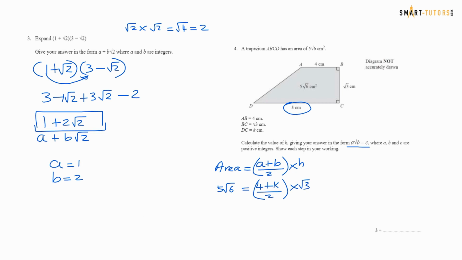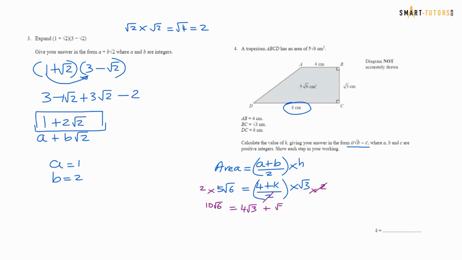So that is the equation we found, and now we need to solve for k. To get rid of this 2, I'm going to multiply both sides by 2. So this will end up with 10 root 6 equal to, so this 2 and this 2 cancel, 4 root 3